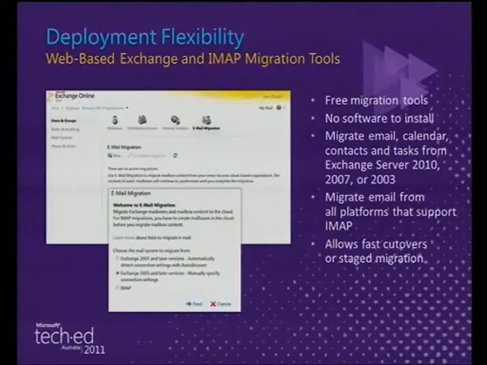Very, very simple, very, very easy, but requires some infrastructure to do so. As I mentioned, the CAS server requires you to have Exchange on-premise, requires you to set this up and manage it. There is an alternative way of doing that, and that's what we're going to explore today, which is the